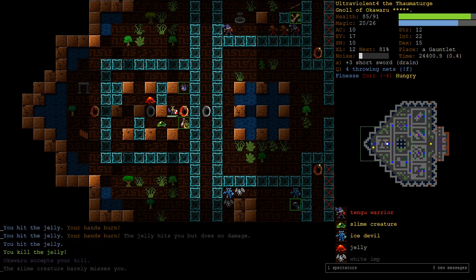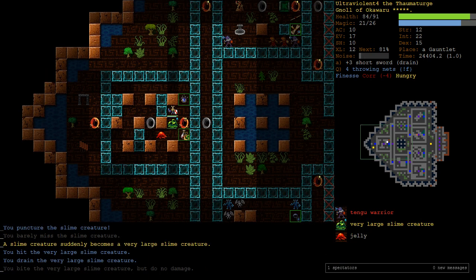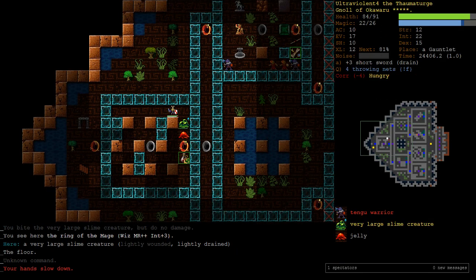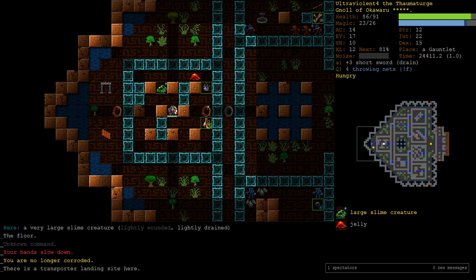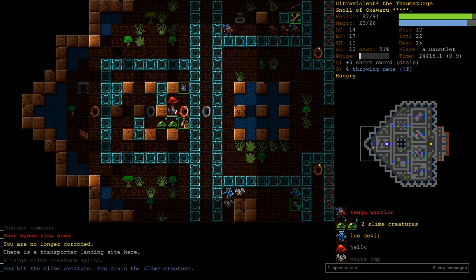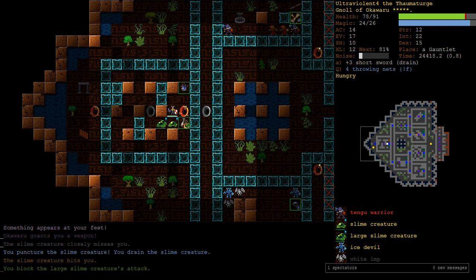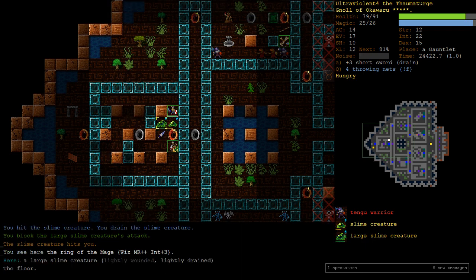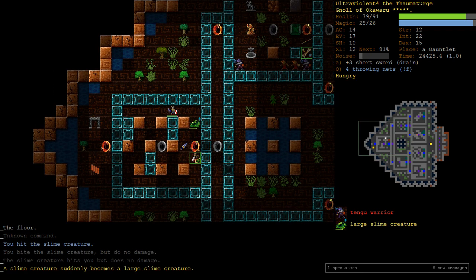I'm hitting the corrosion one first. Oh, he became very large. Okay, not so good. How much damage can they do? 66. Our hands slowed down. Okay, Okawara gave us a weapon, that's cool. I should stand back, so at least... Oh no, that won't work anymore. I need to be on the tile there. I was gonna say, so at least...